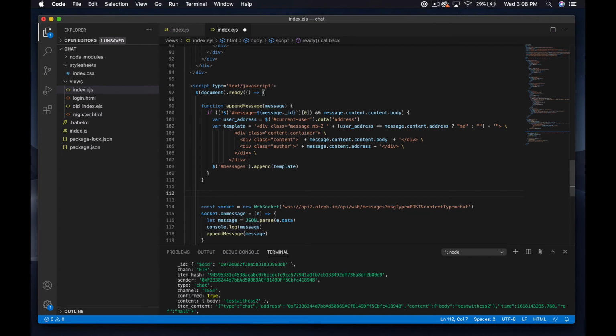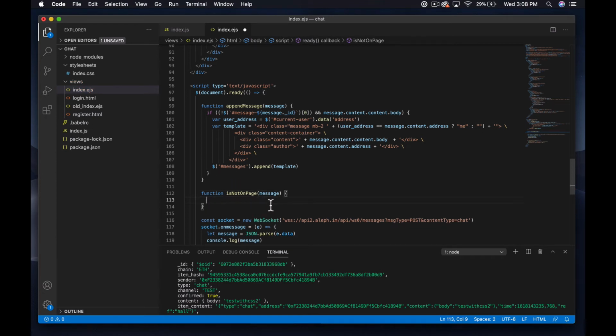So let's do this. Let's say function is not on page message, and then what we'll do is just say return, and then this line,